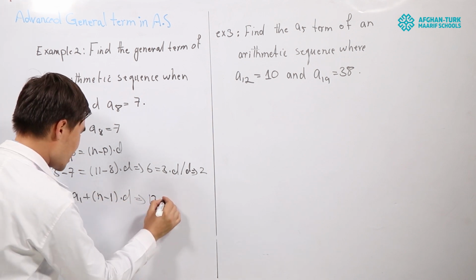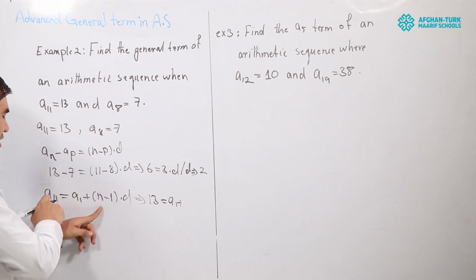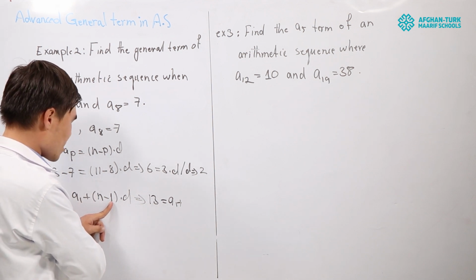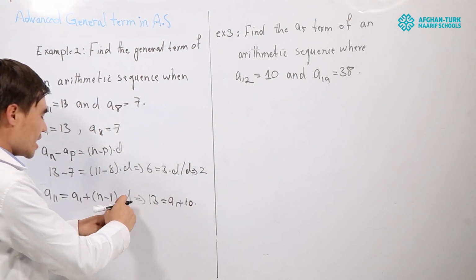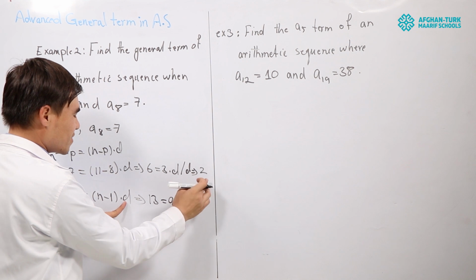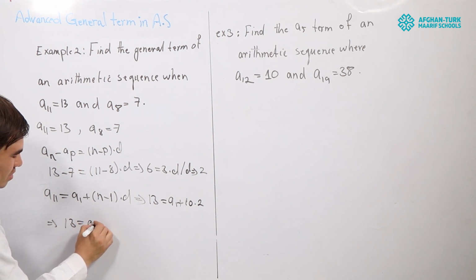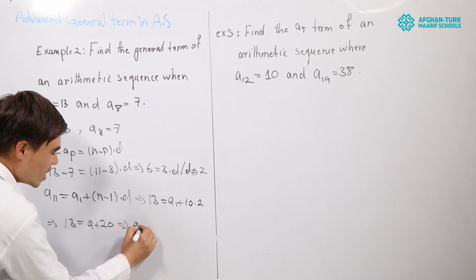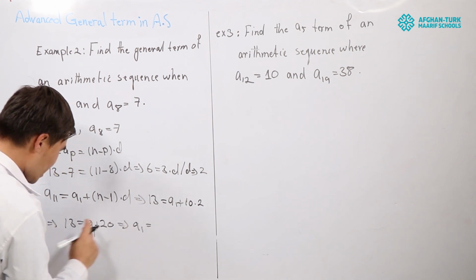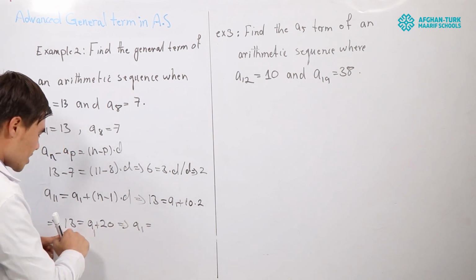We substitute: a_1 plus, n is equal to 11, 11 minus 1 is equal to 10. 10 times the common difference, which is 2. Here we can find 13 is equal to a_1 plus 10 times 2, which is 20. So a_1 is equal to 13 minus 20,